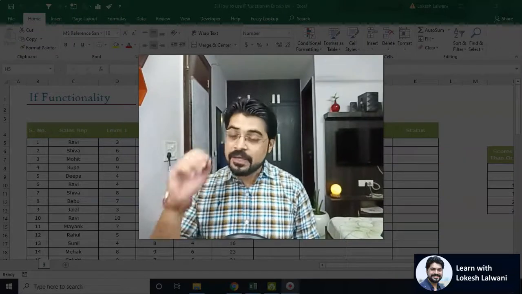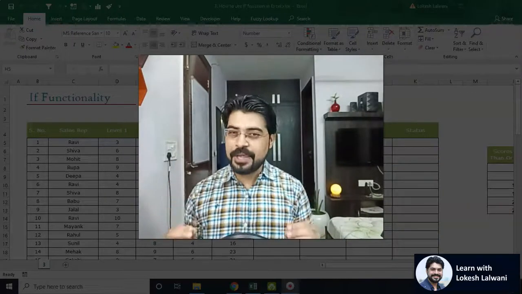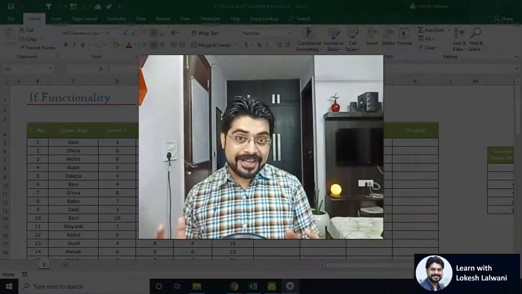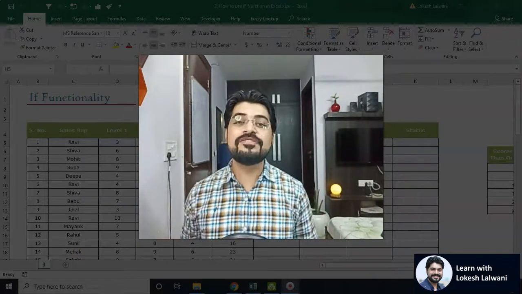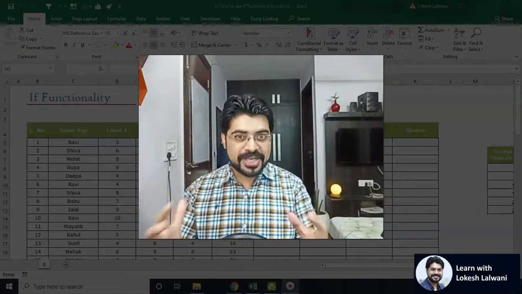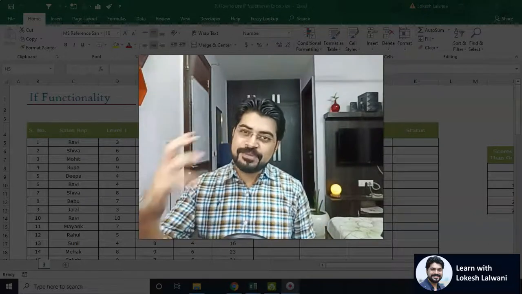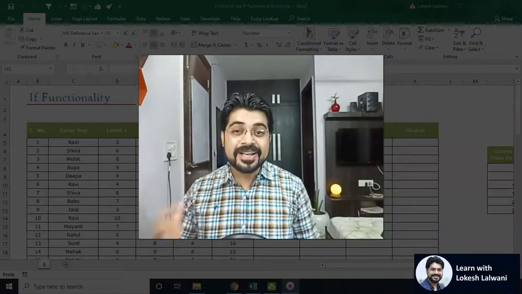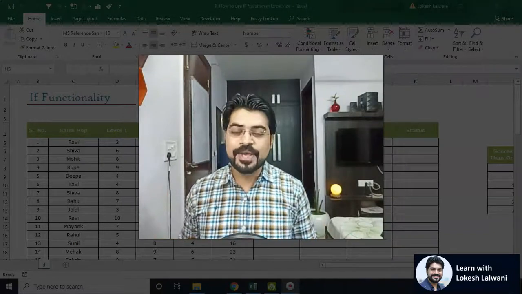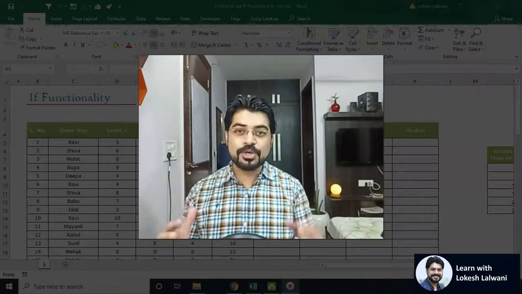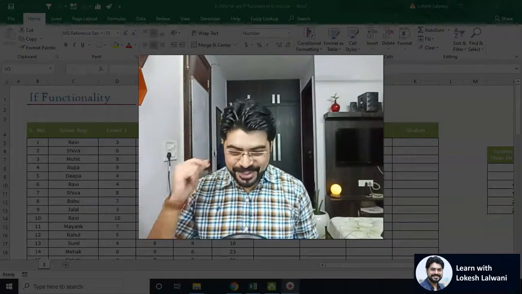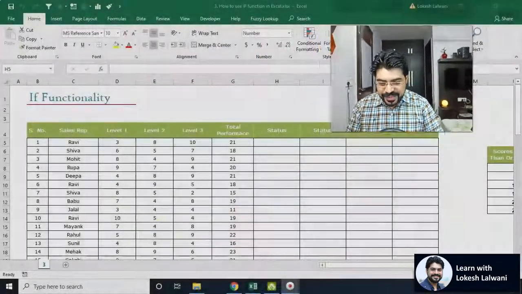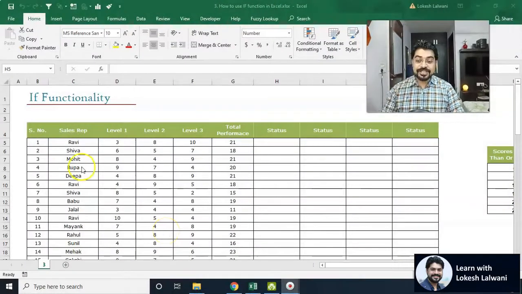I'll explain you step by step from the very basic to a very good level in which you'll be able to write these functions with much more confidence, and you'll be able to do the projects. If you are a freelancer, if you are a businessman, you'll be able to handle your data gracefully, and if you're doing a job, you will certainly get a promotion with such amazing features of Excel, right? Let's start now. Okay, now over here we have a list of employees.